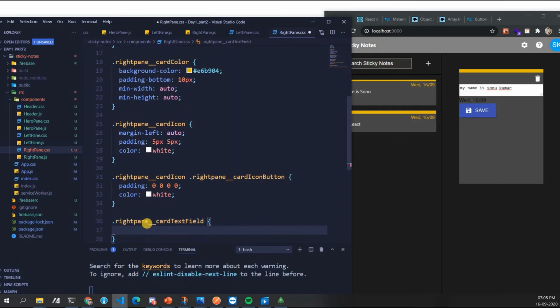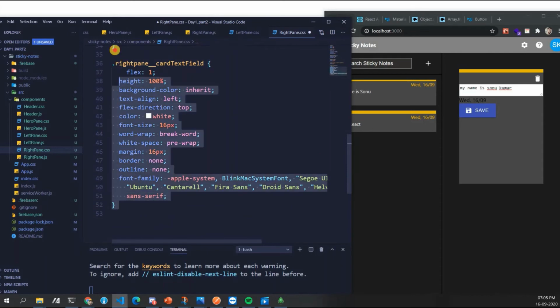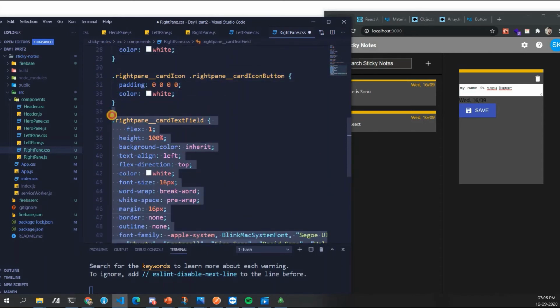Okay, so we've been doing a lot of CSS now. So let me just copy this and paste it. These all are coming from the actual site. So word wrap we discussed, white space we discussed, border we discussed, outline we discussed, background color, inherit, text line. So most of the things we have discussed already, so don't worry about redoing it.